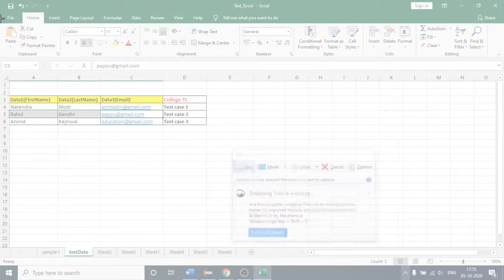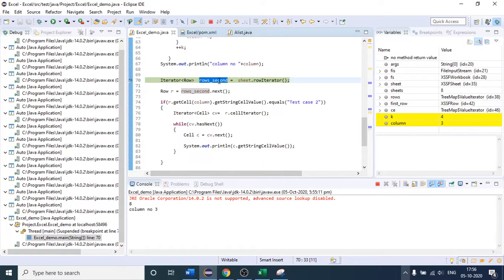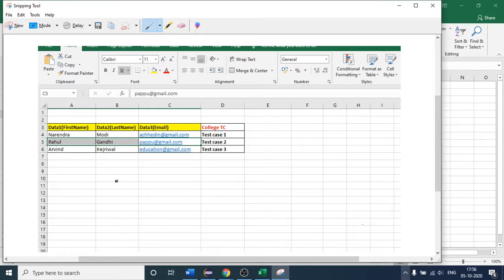This is the iterator we are again using, which is rows hyphen second, written in short as SEC. As of now, it is pointing to all the rows. It is not pointing to any particular row.